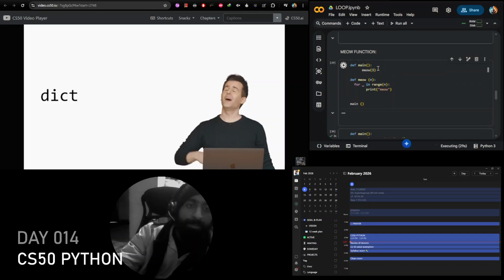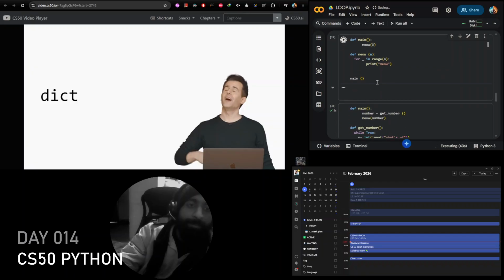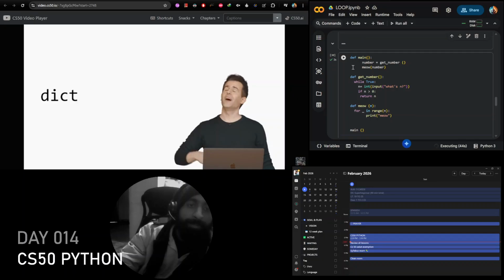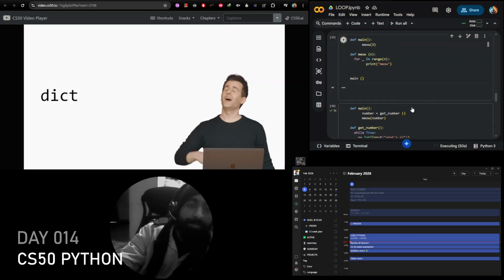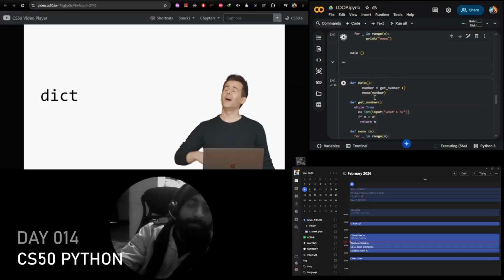Let's just check. So yeah, bottom line is once it runs successfully, it's going to print meow 3 times. And then we define it in a way that we can get a number. Instead of mentioning it here, we run another function.